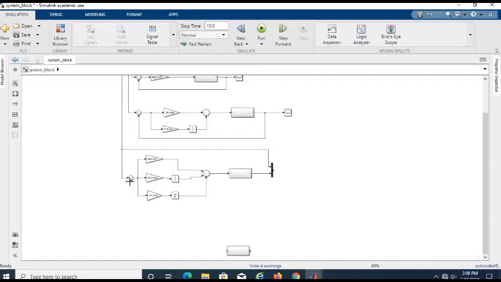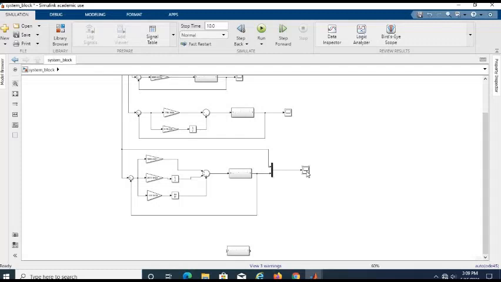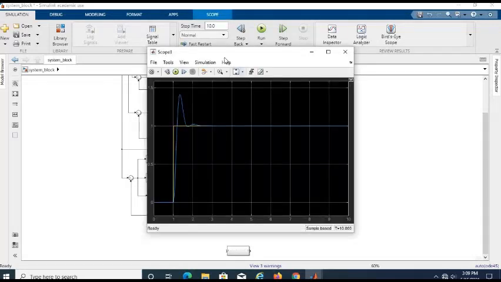You can see this, the result for PID controller. PID controller, this is the result.